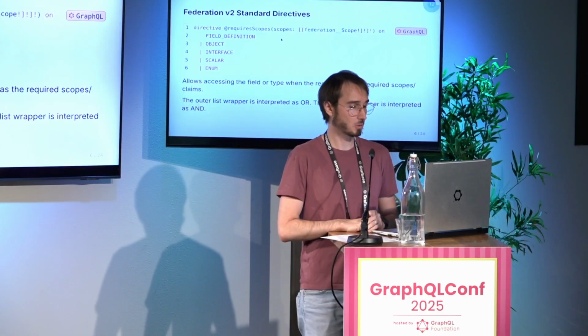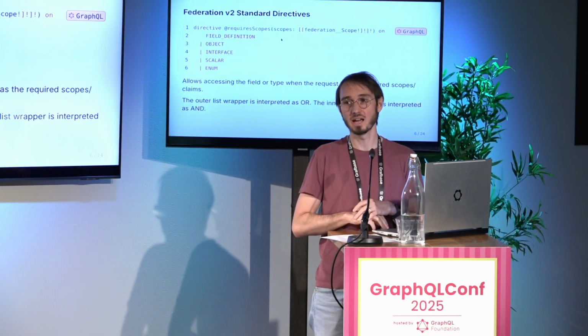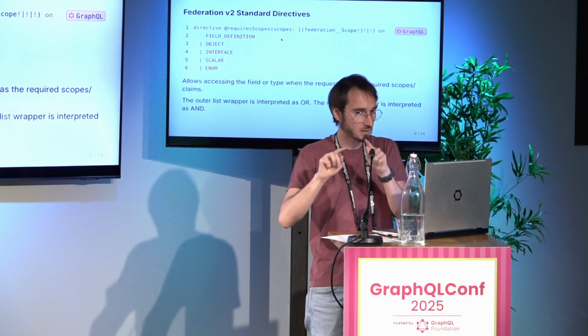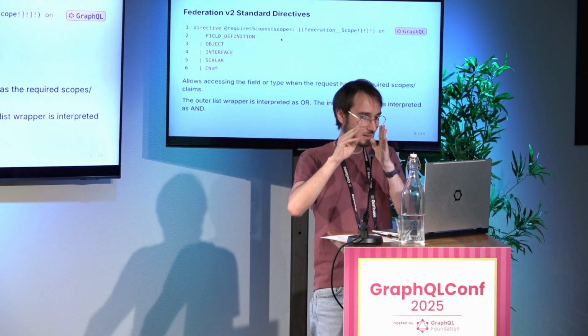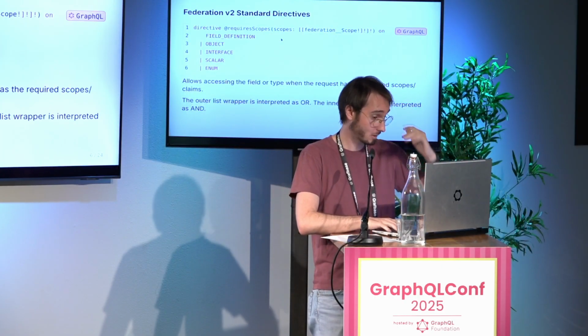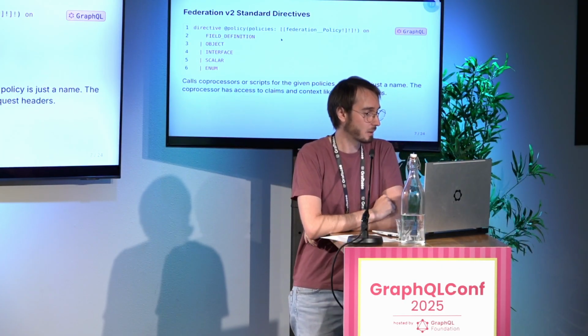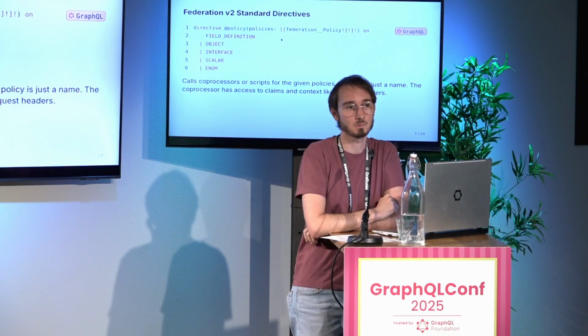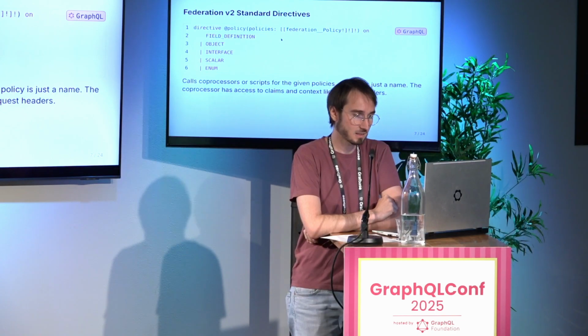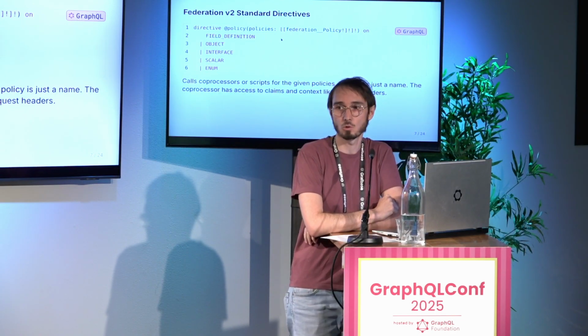Require scope is the same thing, except instead of any claims, you're going to give sets of claims, and then there's two arrays, and it's like sets, alternative sets. We're going to see that it's much clearer with the example than I could explain it. And policy is exactly the same thing, except instead of claims, you pass policies,